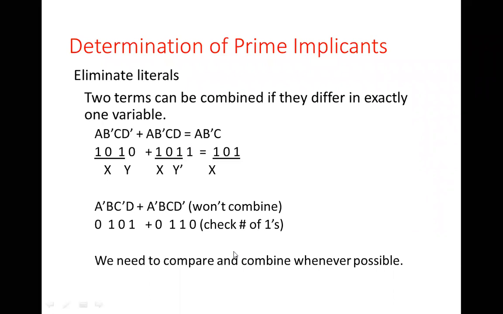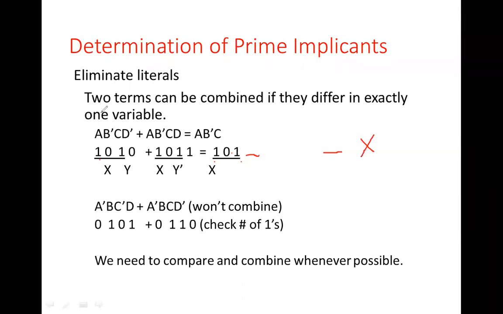So what happens to this expression? 1 will be retained as it is. So I can see 1 which is retained as it is. 0 is retained as it is, the second one. The third one is retained as it is. But the fourth one, 0 and 1, will get cancelled and you will get a blank. You can either denote it by a hyphen or you can use an X to denote it. We will be using the hyphen.